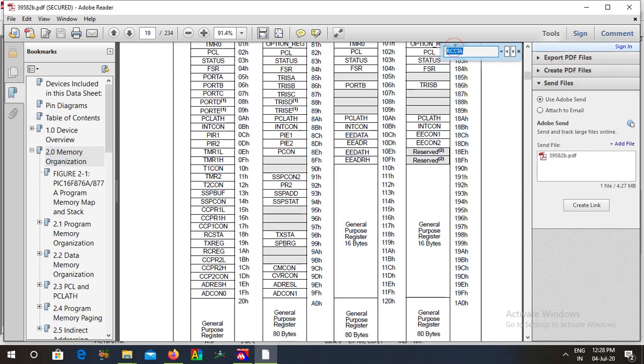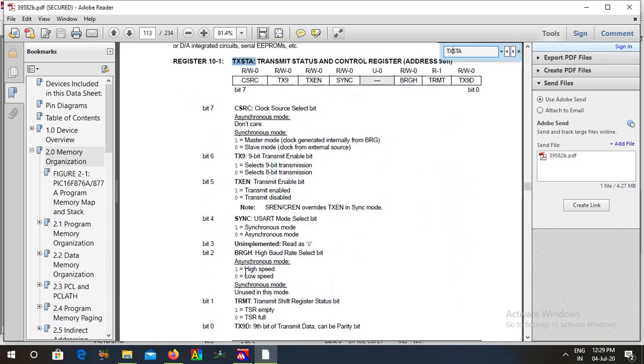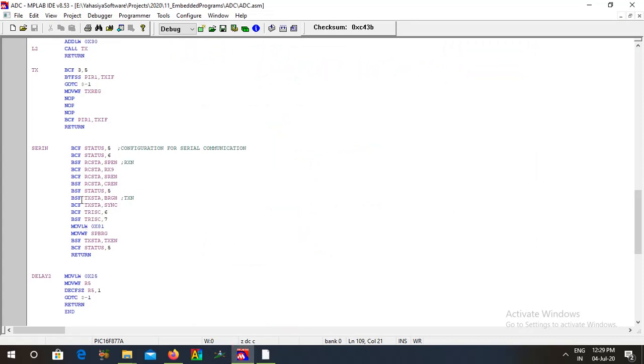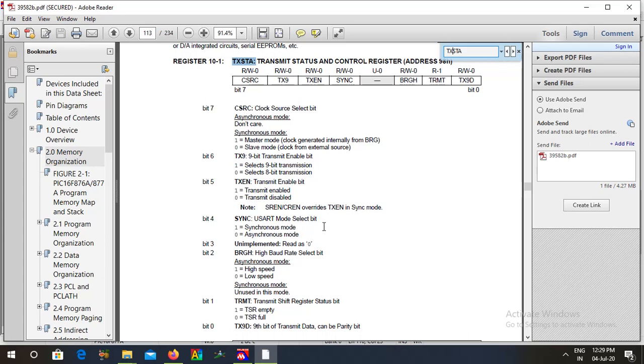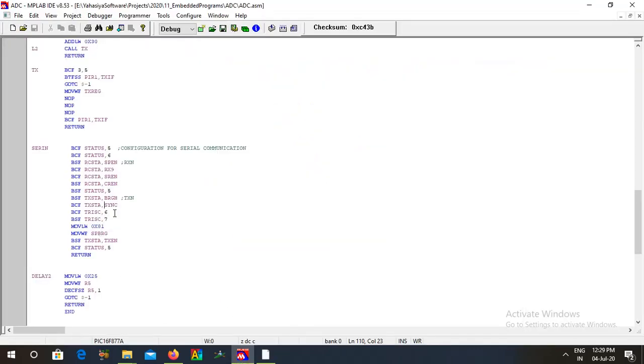So let me see the bit map of this particular register. If you set this to 1, it is the high baud rate select bit. We are selecting high baud rate. That we have done. Then we are clearing the SYNC bit. What is the use of it? If you clear it, it means asynchronous mode communication. UART is asynchronous mode communication. So we have to clear this particular bit. We did so. Then